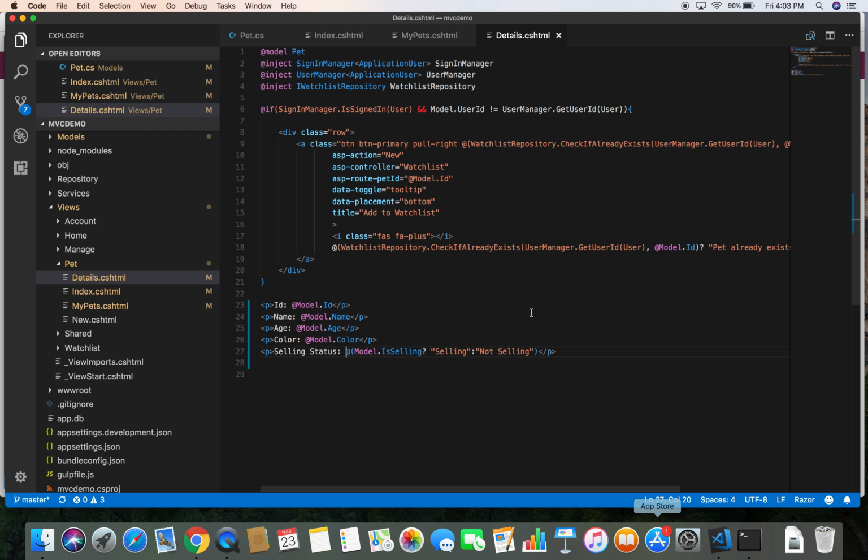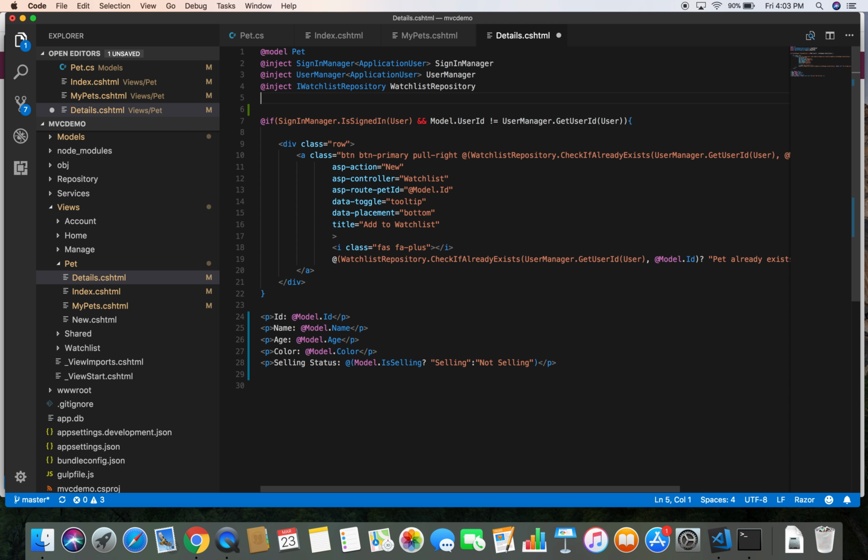And in our details view here, I want to refactor this code because we have used the same statement twice in two places in the same view, so we should keep in mind that we should always follow the DRY principle, Don't Repeat Yourself. So I'm going to define a variable here. Let's define a variable, at the rate variable